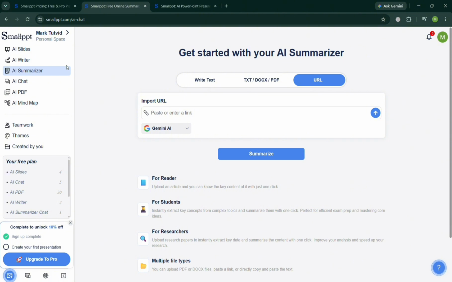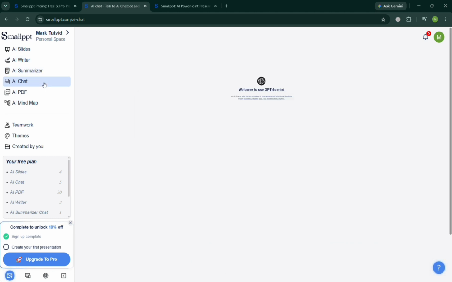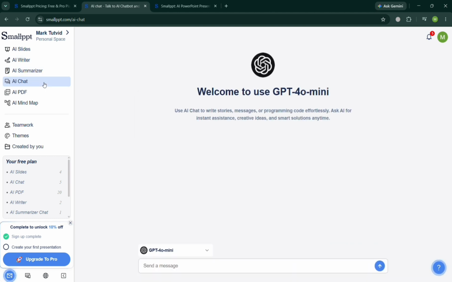Now aside from that, you can navigate on the left side panel to this AI Chat feature in Small PPT, which is an interactive conversational assistant that enables users to communicate with artificial intelligence in real time. It can answer questions, provide explanations, generate ideas, assist with research, solve problems, and support various writing and content creation